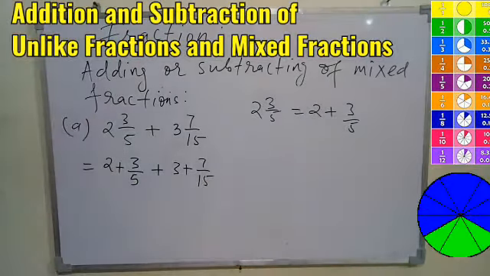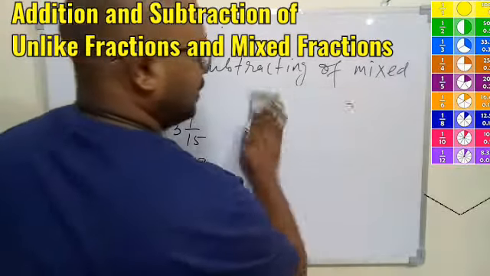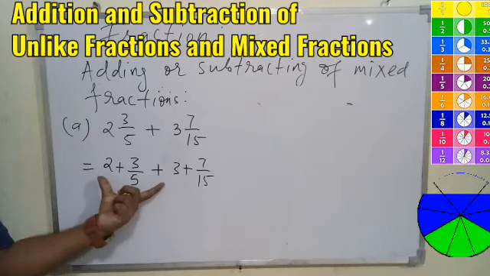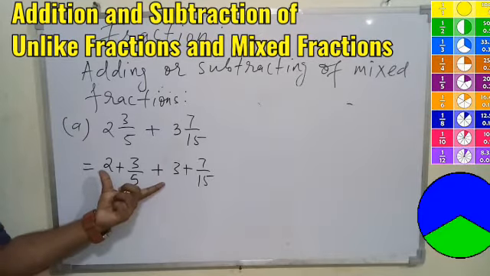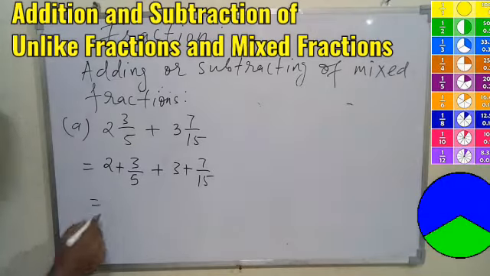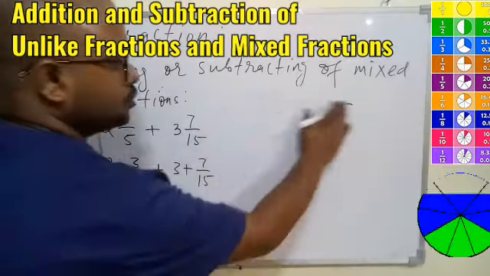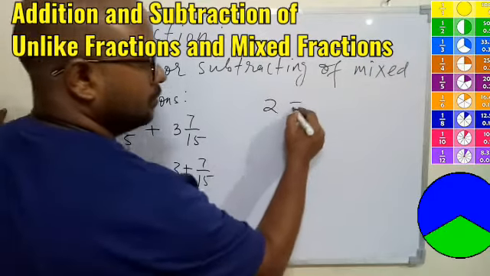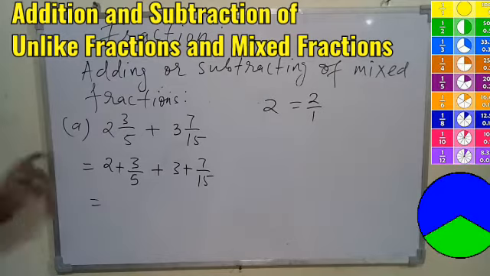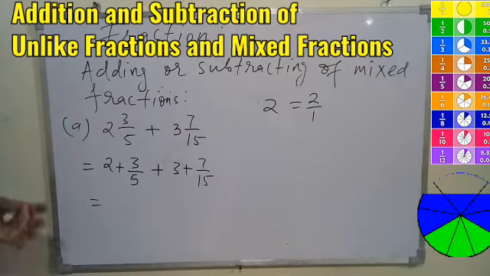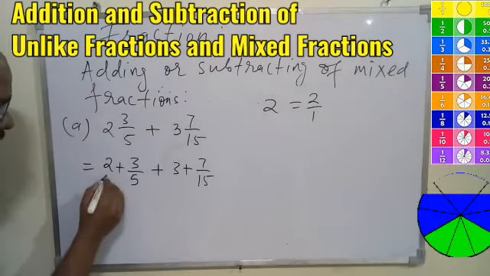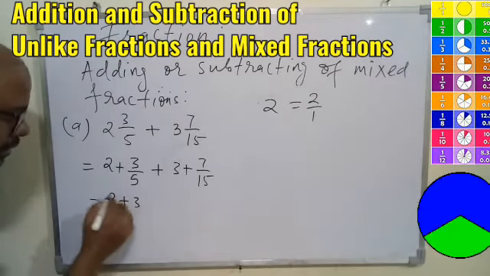This part is done. Now here we see number 2 and number 3 can be directly added because they are not in fraction form, they are in simple form. We can directly add them. But anyhow you should know, even if I write 2, it is nothing but 2 upon 1. So any number can be written in the form of a fraction. But here it is 2 upon 1, 3 upon 1, so it will come 2 only, 3 only. So we are not showing that. So we can write 2 plus 3.